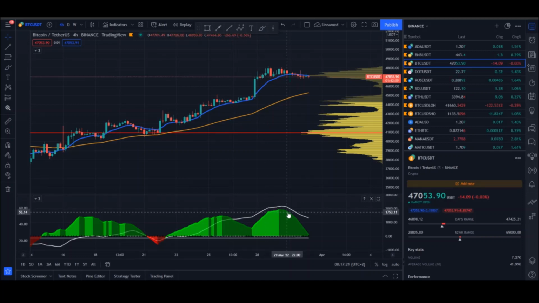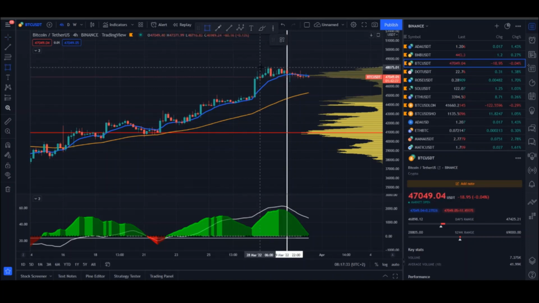The exact moment of the confirmation was here. Okay, here was the confirmation pattern, and now Bitcoin is doing a pause that you can see here,